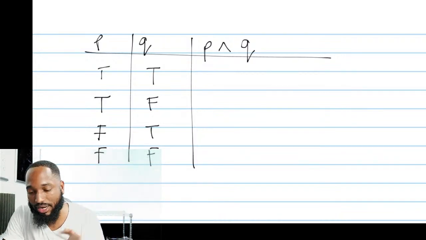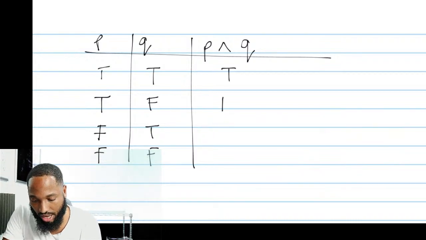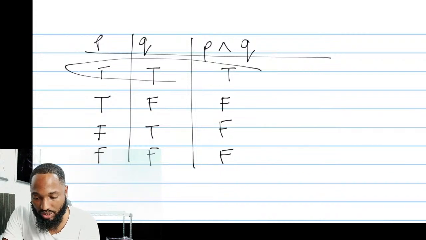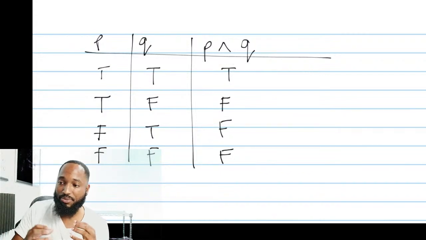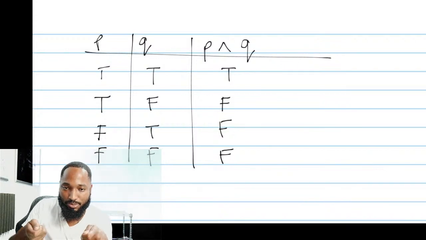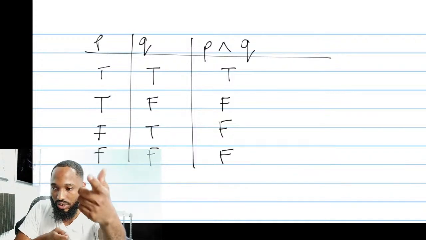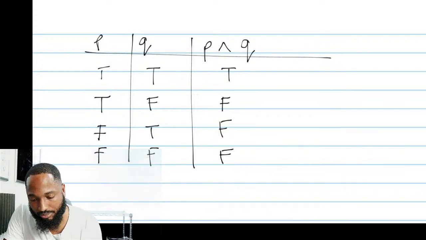This is as terrible as it gets with just P and Q. Unless you need to break down something, and even then you don't need to use the truth tables. So this is true and all the rest is false. Because only this one will give you the true, but and means that both of them must be together for it to work. Both of them must be coming through the circuit. Both of them must be giving me 1s for a 1 to come out. Both must be on for on to come out.